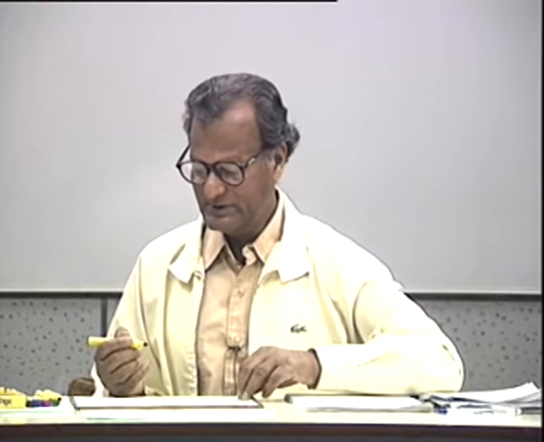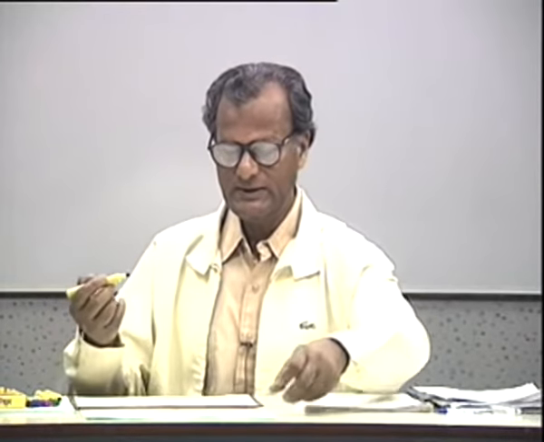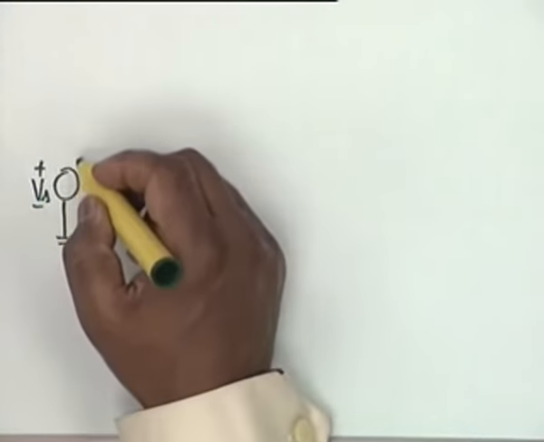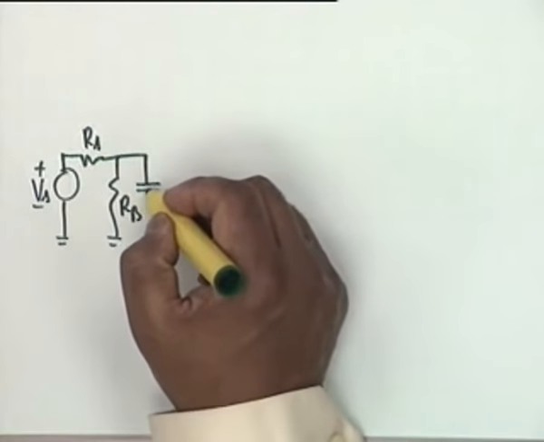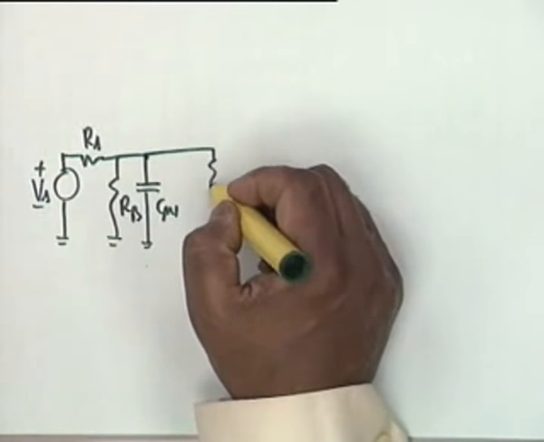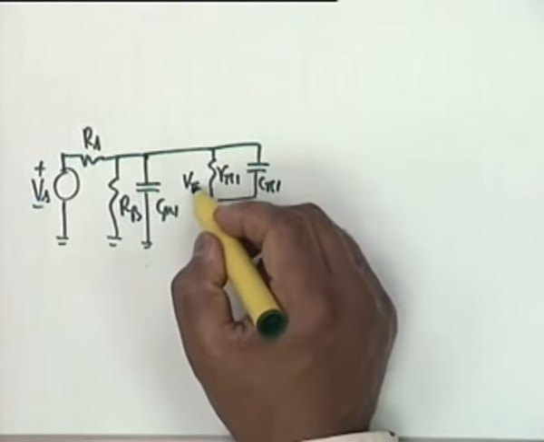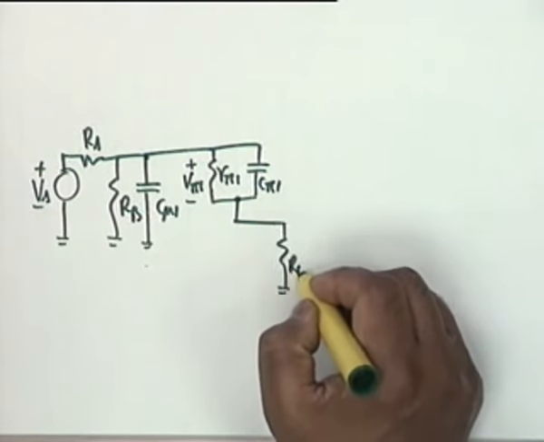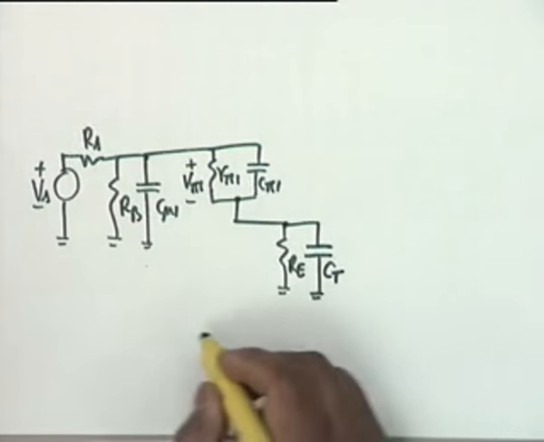Then, is there any other combination possible? C pi 2 can be combined with CT2, all right. So, my equivalent circuit, simplified one, shall look like this. I have a Vs, Rs, then Rb, C mu 1, R pi 1, C pi 1, voltage is V pi 1, this goes to Re, and a capacitance Ct, where Ct,